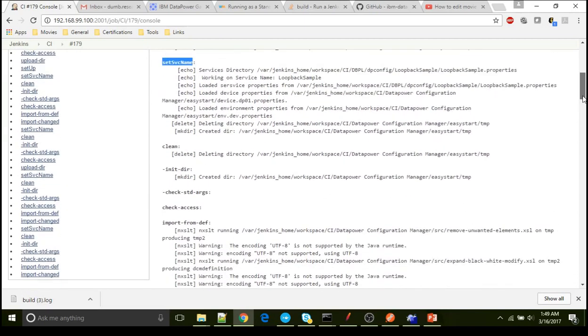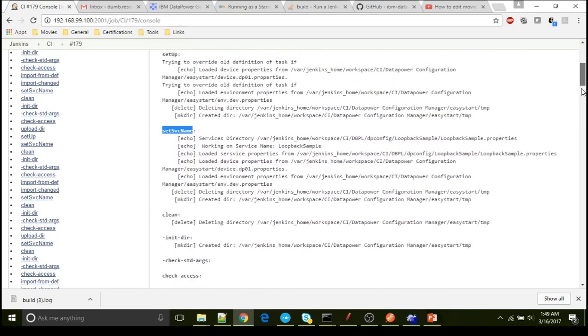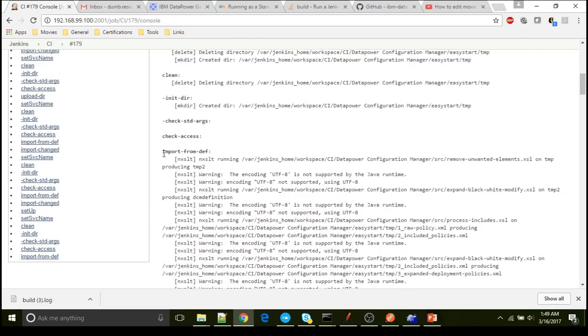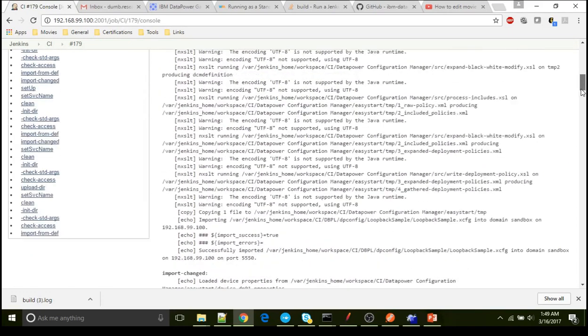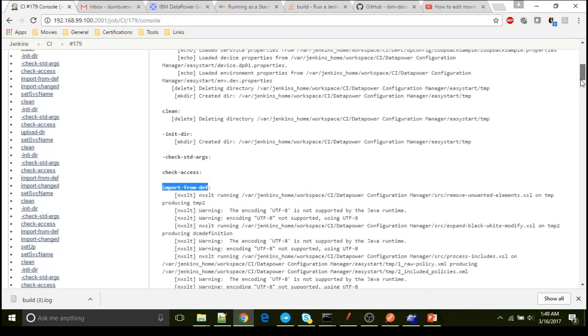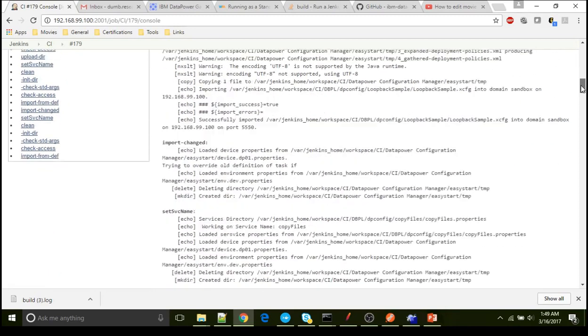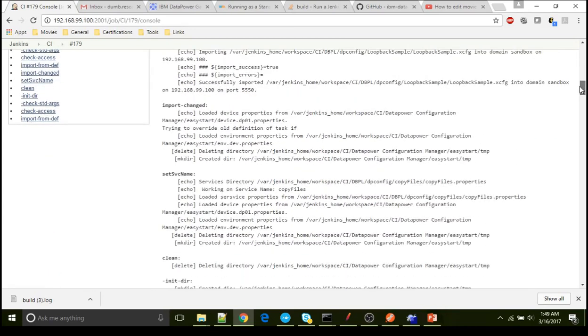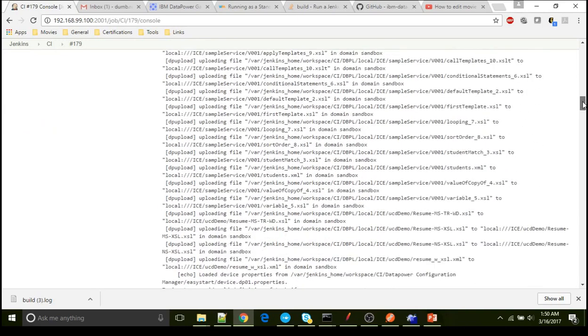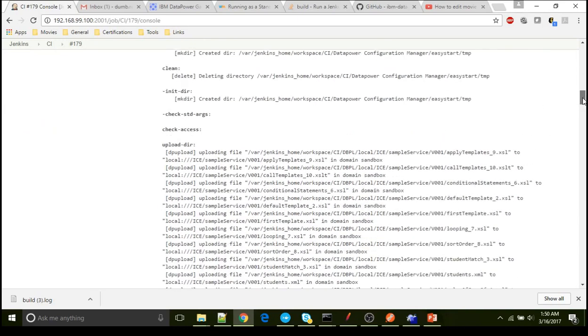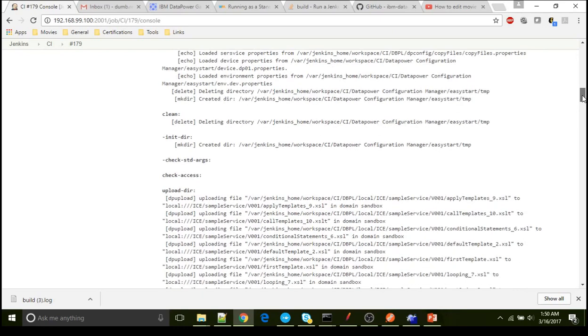Set service name is actually looped over, and that in turn calls the actual target given by the DCM, which is input from def. That actually deploys the service. The first service deployed is loopback sample, so it loops in and then goes for another set service name, and it deploys the copy files. Copy files actually is not a service, but we made it a service by giving some definitions.